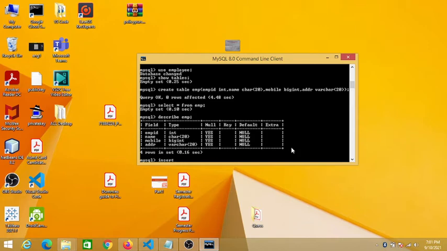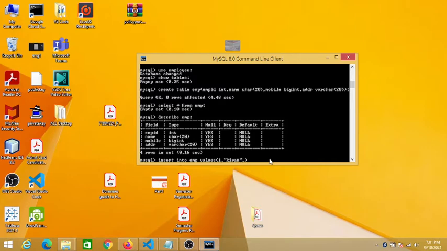Insert into the table name, emp, and the values that I want to enter. Here we need to take care of the number of columns in the table. That many values we need to provide here. Like employee ID, I am going to enter 1. And if there are character type values, they must be entered in double quotes or single quotes. So name, Kiran,